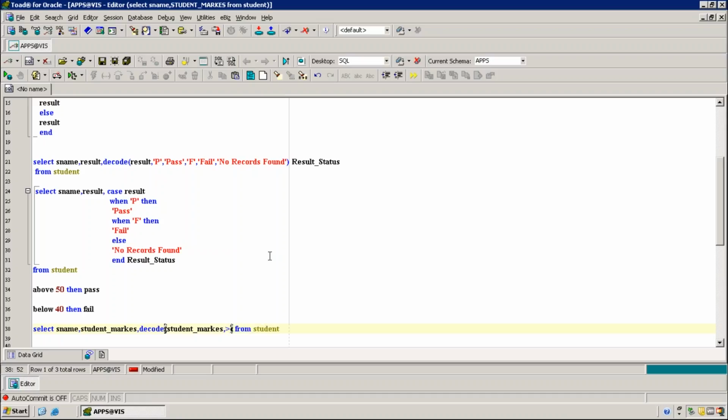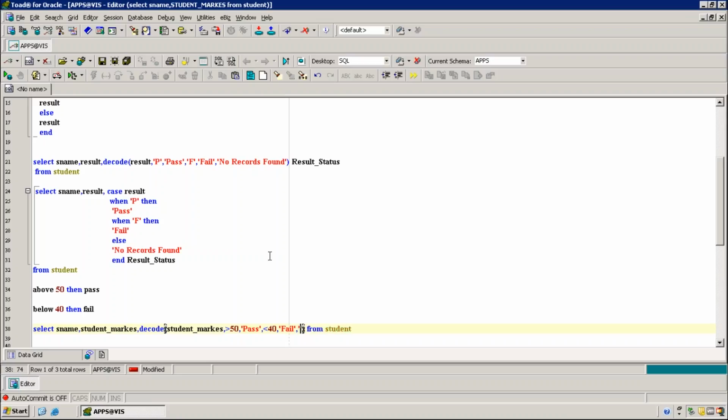Correct. Now, like this, we need to write. And then pass. And then less than 40. Less than 40, then fail. Okay. Comma.